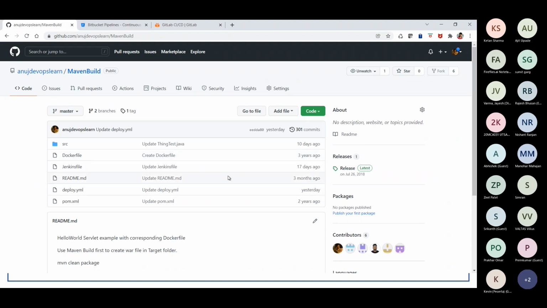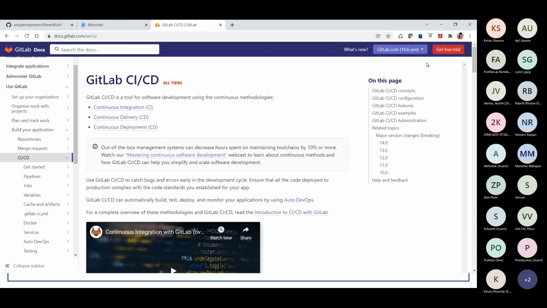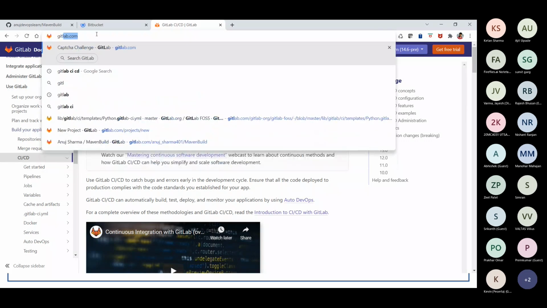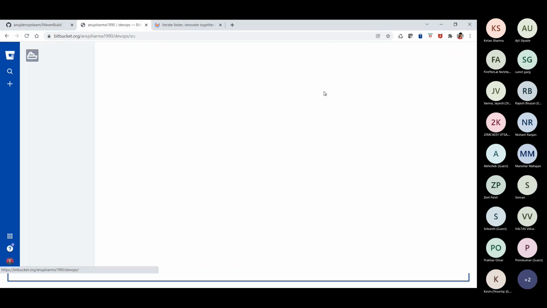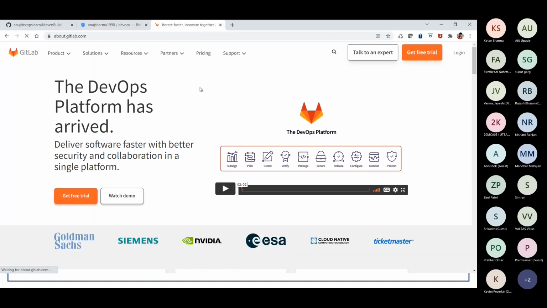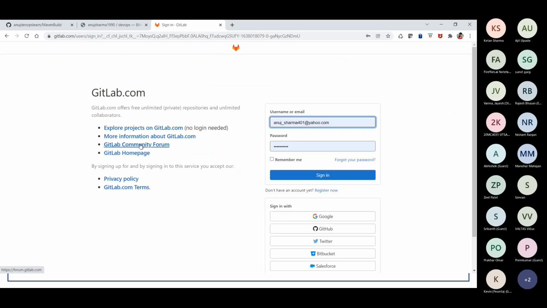So here you will be able to see that there is an action option. If I quickly log into the pipeline in Bitbucket and GitLab also, because I actually have accounts on those tools too. As I was telling you, these are very generic automations, available across all the version control systems. Some tools have some functionality that is better, some not, but that's the way this is going to work and be implemented.